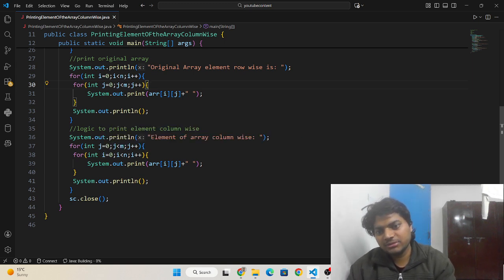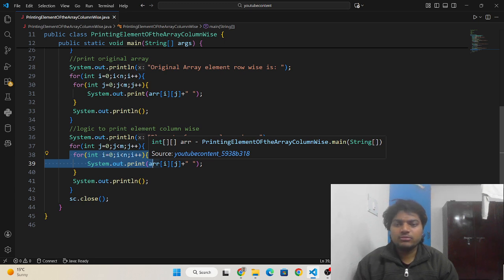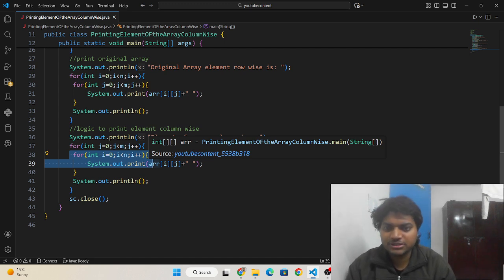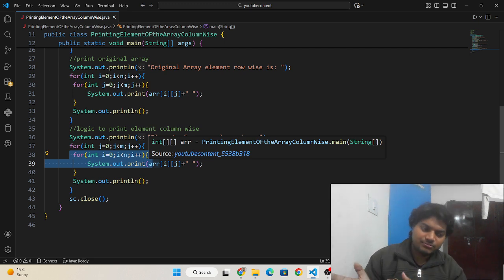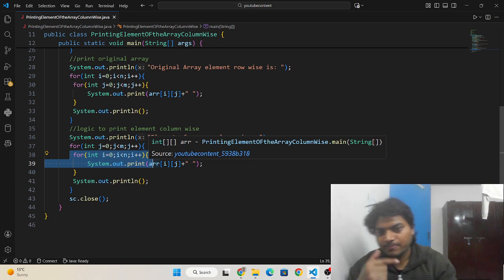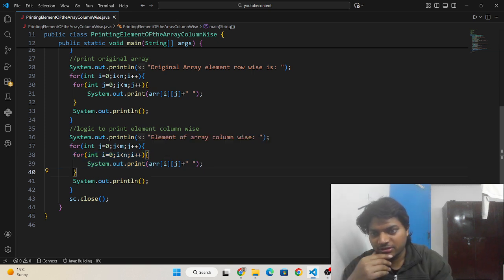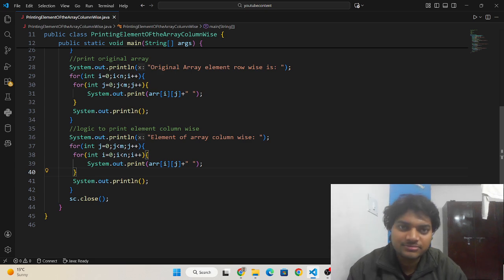The second for loop represents that after printing the first column element in the first row, we can move to the next row. This is responsible for that part.